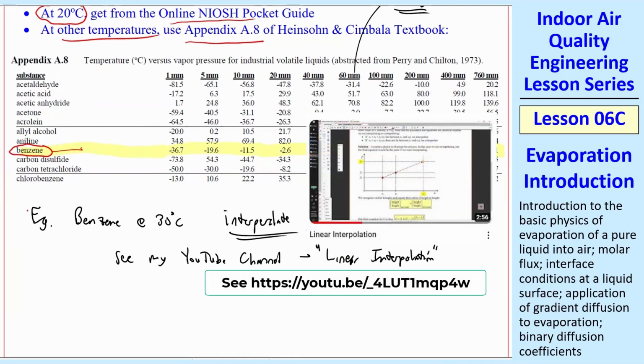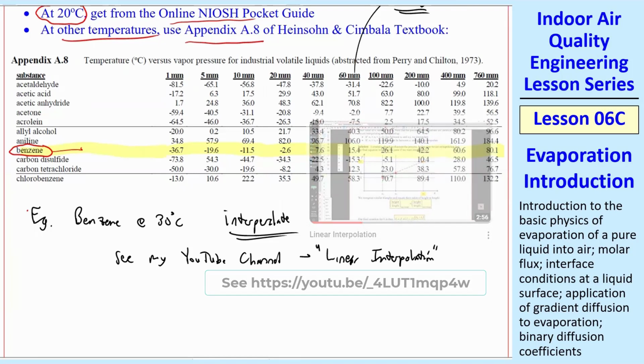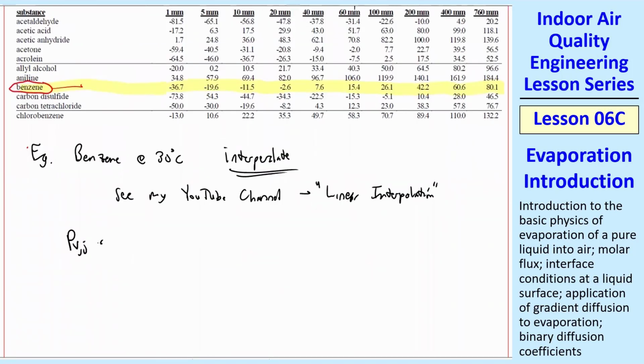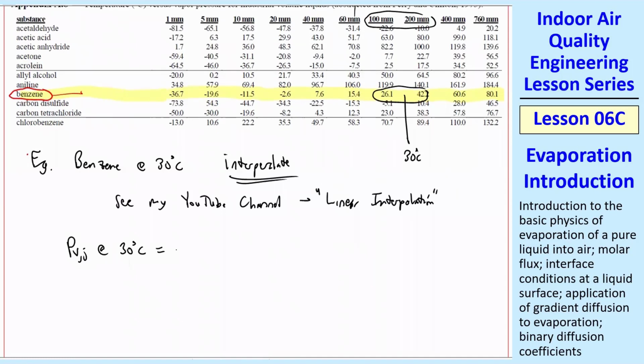There's a video called, appropriately, linear interpolation. Go through that and get refreshed. Let's just write Pvj at 30 degrees C is equal to 100 plus (30 minus 26.1) over (42.2 minus 26.1) times (200 minus 100), and that's equal to